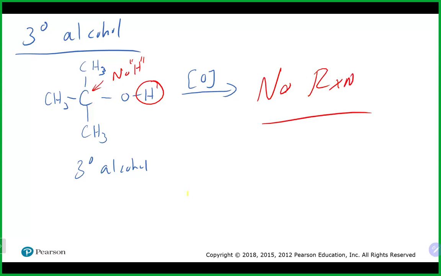Yeah. So you cannot oxidize a tertiary alcohol because it's actually missing the second hydrogen that's necessary for the oxidation to occur on that carbon. So tertiary alcohol, no oxidation going to happen. Only primary alcohol gets you an aldehyde. Secondary alcohol gets you